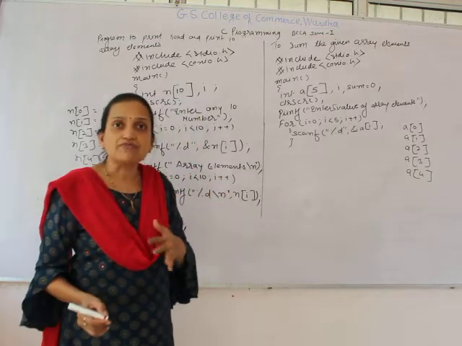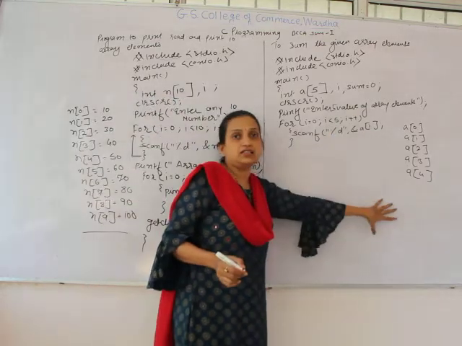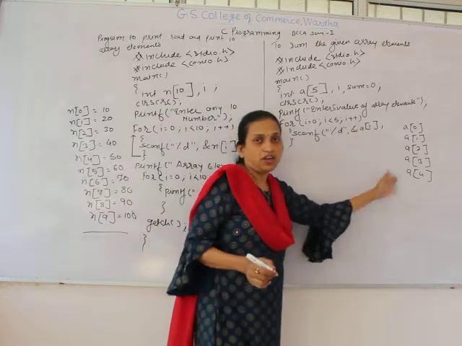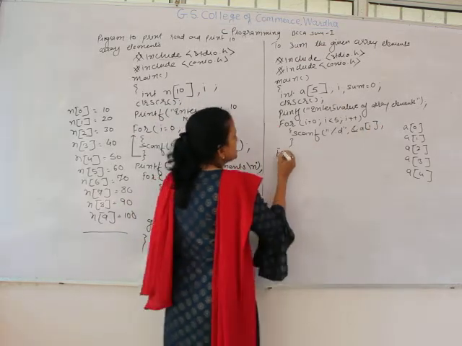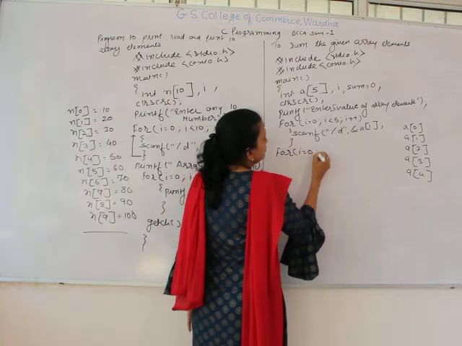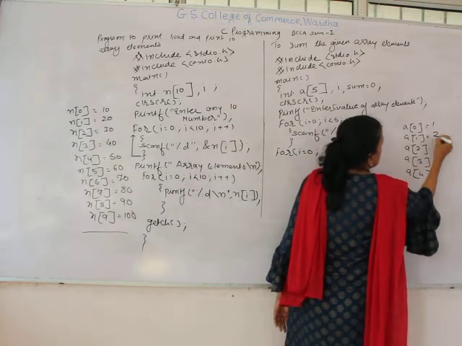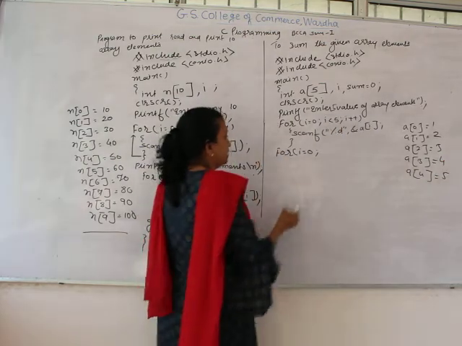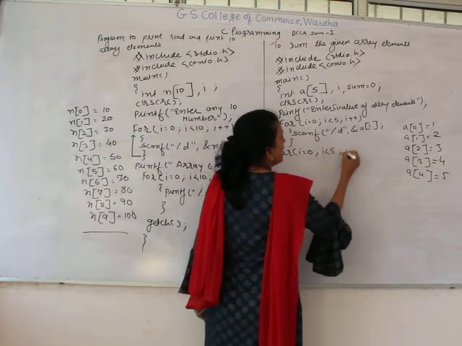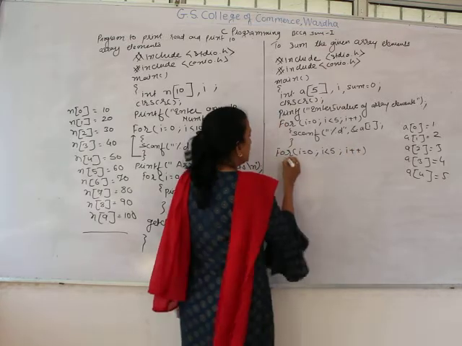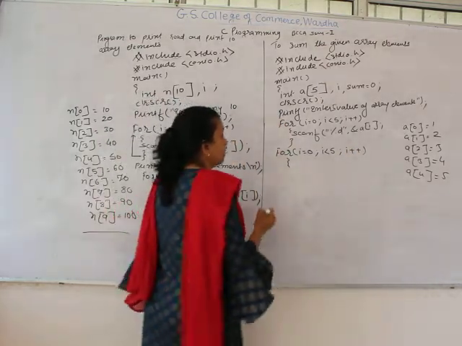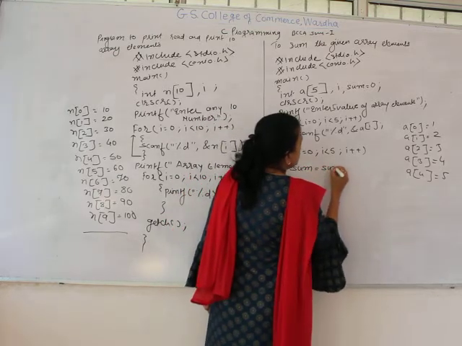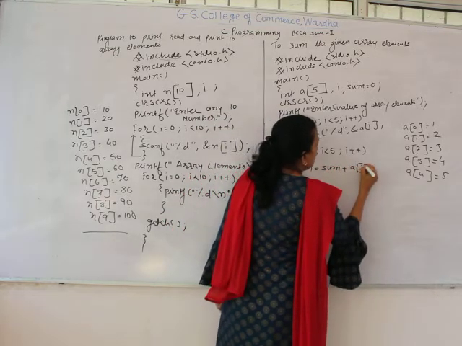Now what we have to do here is sum up the values of these elements. For that you can set a loop, i equals 0. Suppose you initialize the array elements with values like 1, 2, 3, 4 and 5. So i less than 5, i plus plus. Now I am writing this statement: sum equals sum plus a[i].